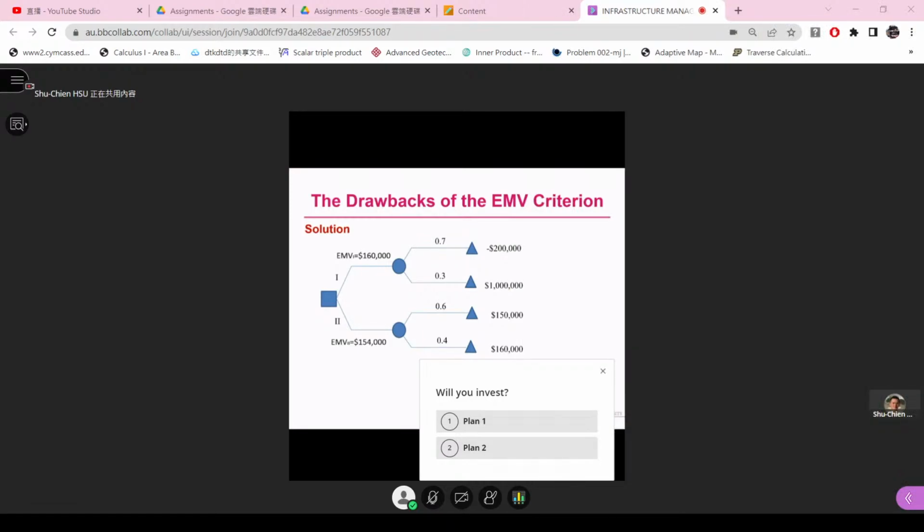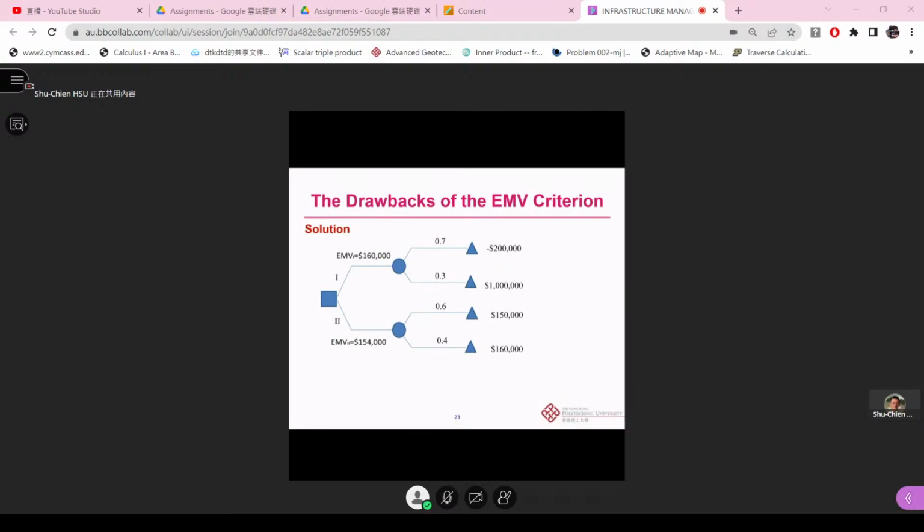Probably it's because you studied civil engineering. The engineering students tend to be more conservative, so you can see plan two has a little bit more students here. But for businessmen, probably the majority will choose plan one. So here I just want you to realize that for this kind of decision making, different people will have different views, so the EMV cannot really handle this. So for retirement,